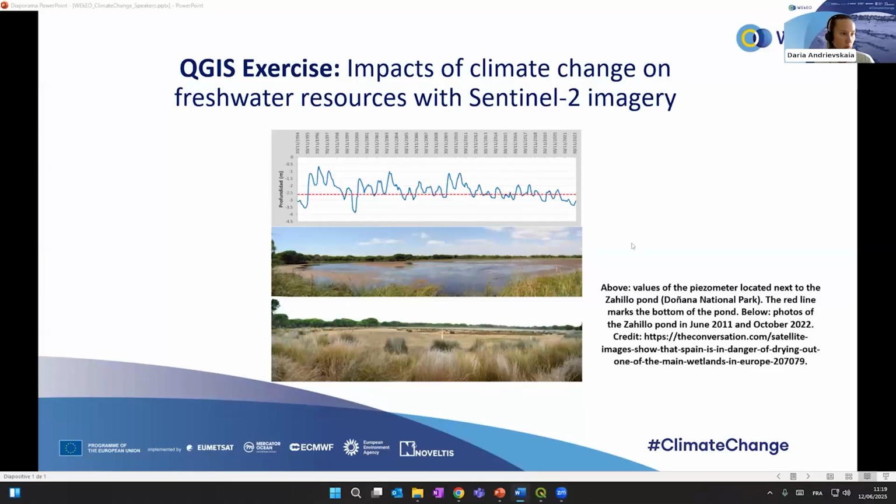I'm from Novelties, and today I'm here, as already been said, to present you a QGIS exercise dedicated to impacts of climate change on freshwater resources with Sentinel-2 imagery. So for this